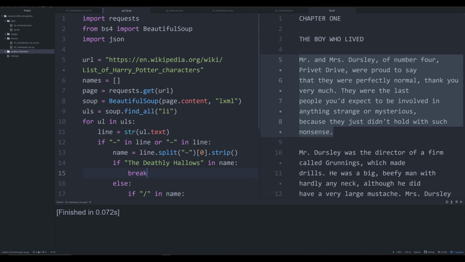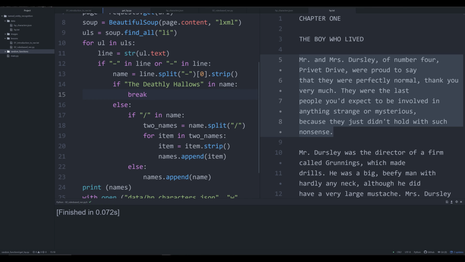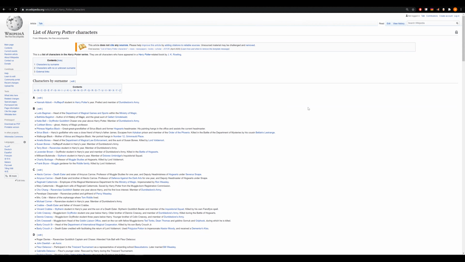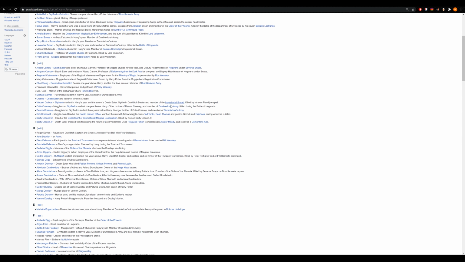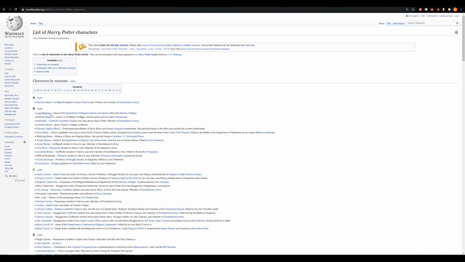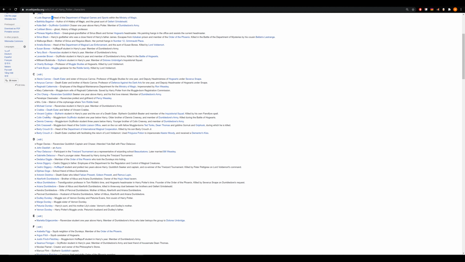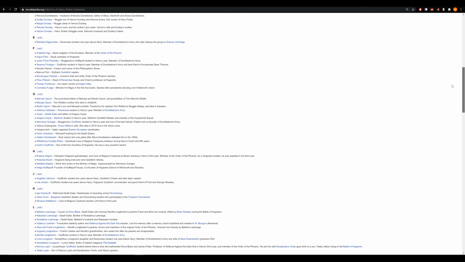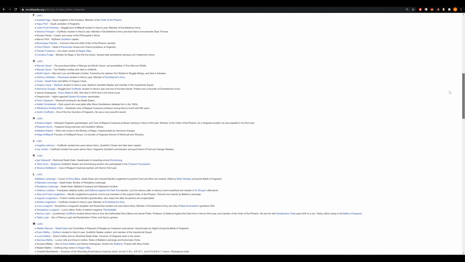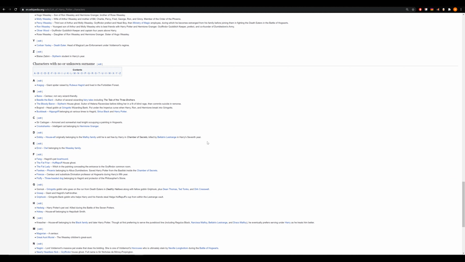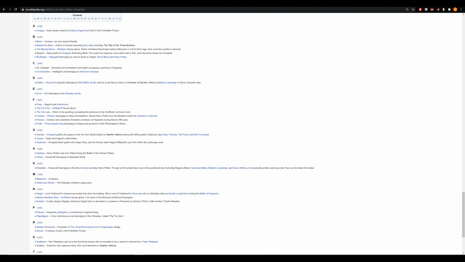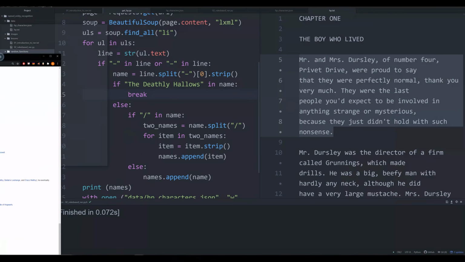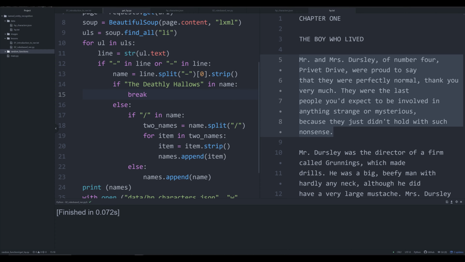Now, I've gotten this list by writing a little Beautiful Soup and requests web scraping that goes to the Wikipedia page that has a list of all the different Harry Potter characters, goes through and grabs everything in this list, separates all these out by that little dash, and grabs just the names of every single character, both characters that have a first and last name or surname, and characters who only have a single name, such as Dobby, Fang, Hedwig, etc. So that's the background of the different data that I'll be working with, and